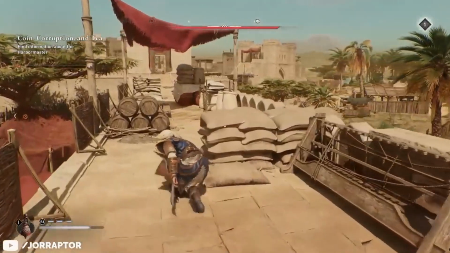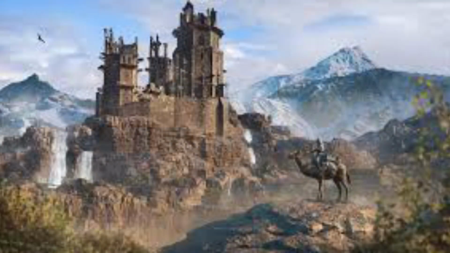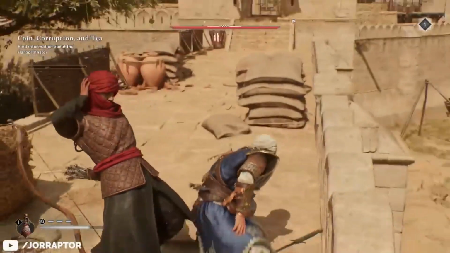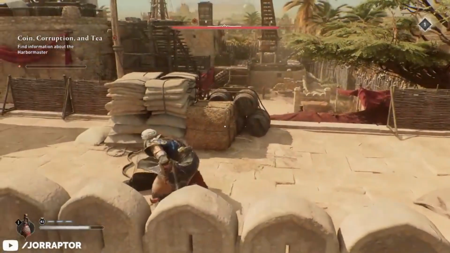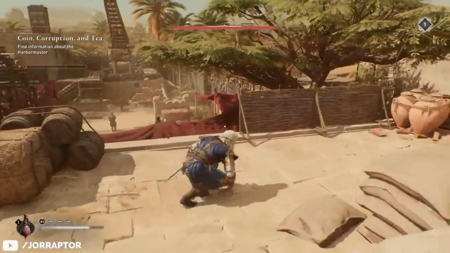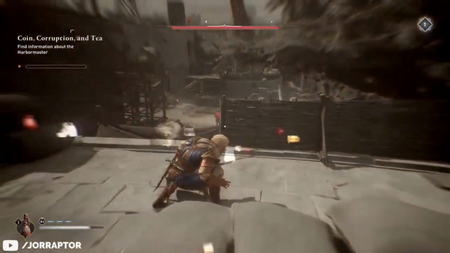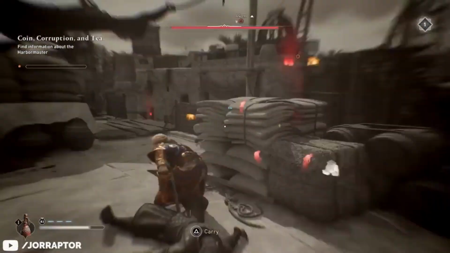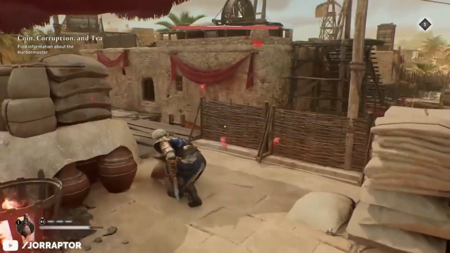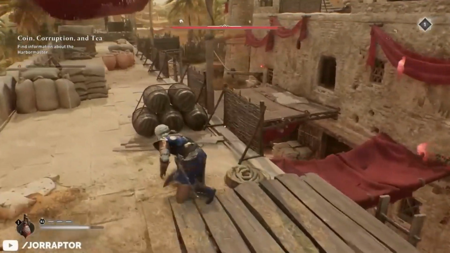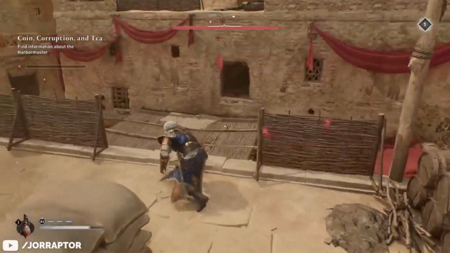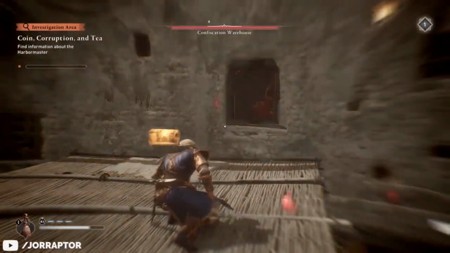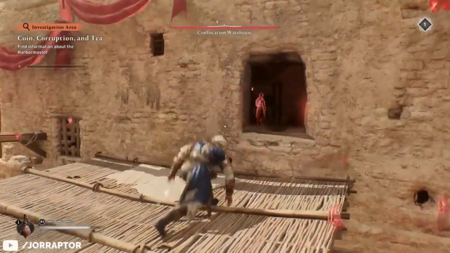Additionally, we witness the construction of Alimut, which later becomes a significant stronghold for the Hidden Ones. Mirage also represents a shift in gameplay style. Following the expansive worlds of Origins, Odyssey, and Valhalla, it seeks to return to the franchise's roots, focusing less on a vast open environment and RPG mechanics, and more on stealth and assassination tactics. While the timeline for Mirage isn't precisely defined, it won't be long before we see Basim again.